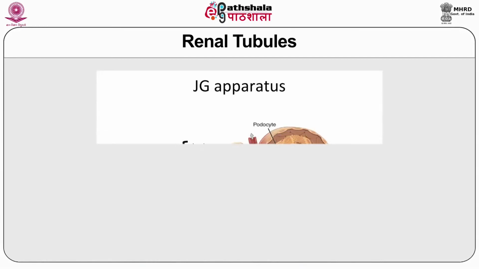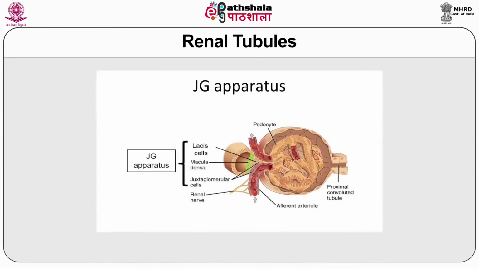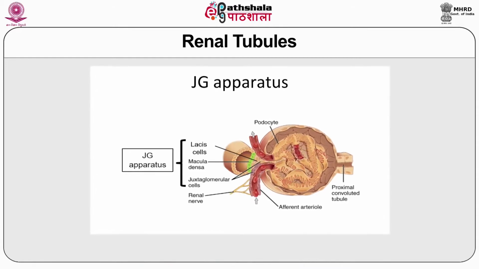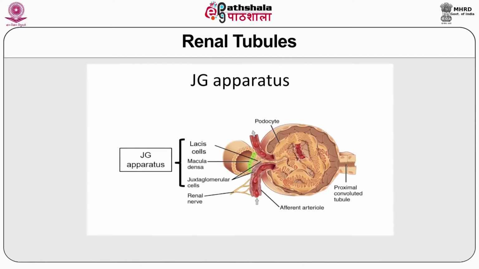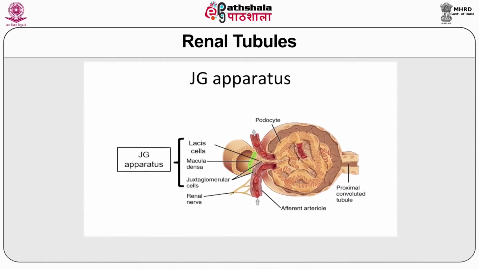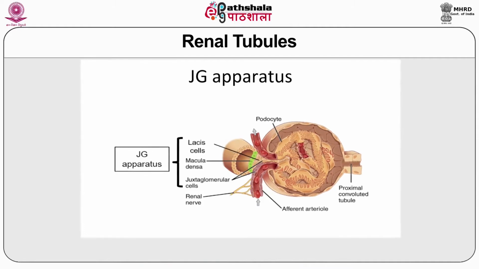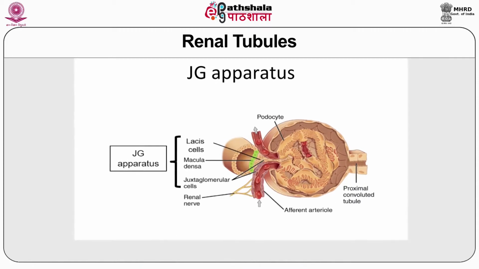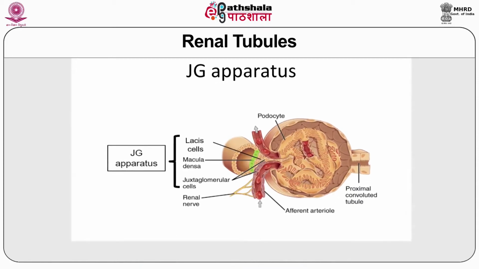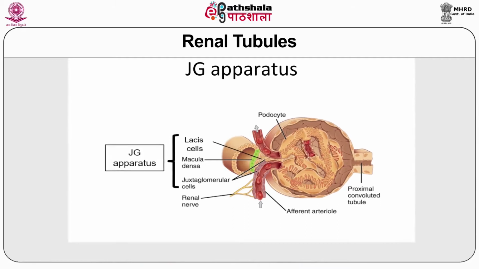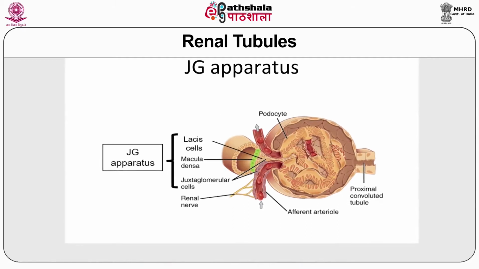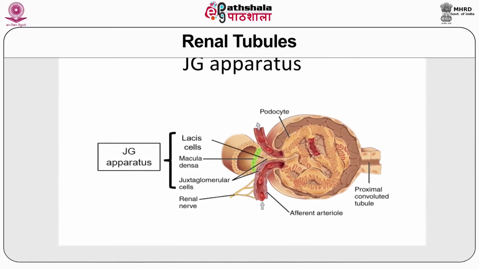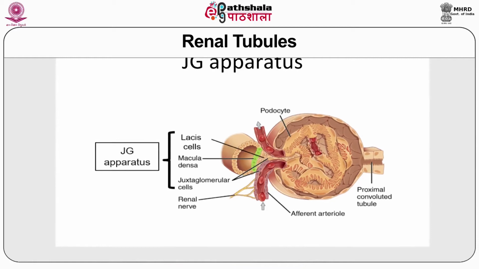The loop of Henle is formed after the proximal tubule, and it dips into the renal medulla. Each loop consists of a descending and an ascending limb. The wall of the descending limb and the lower end of the ascending limb are very thin, and therefore they are called the thin segment of the loop of Henle. After the ascending limb of the loop of Henle returns to the cortex, it is referred to as the thick ascending segment of the ascending limb.